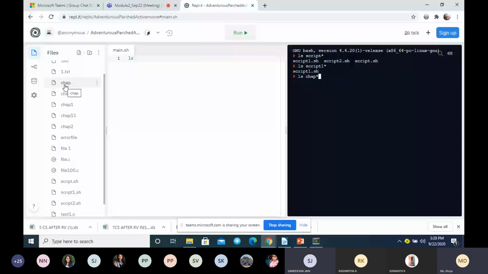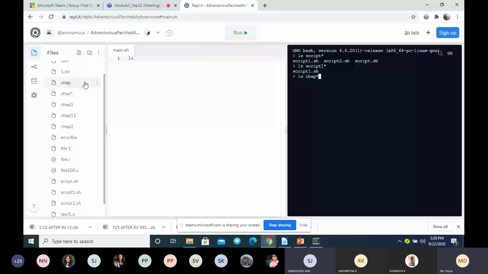Yes, from 0 to more. Whether it will list this file, CHAP? Yes. There are these many files I have which start with CHAP, correct? Among this, whether it will list all these files?